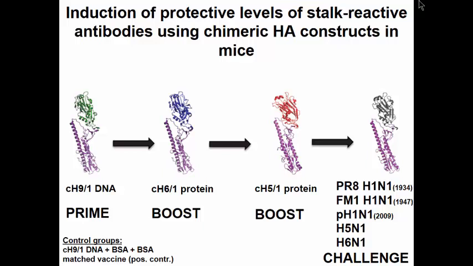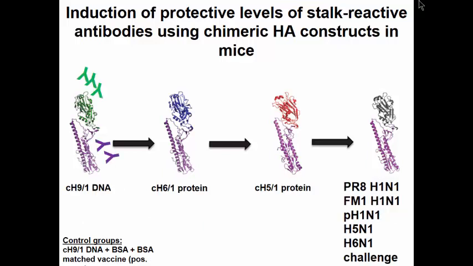So what we are trying to do is now we have here CH6 and CH5, but we can use any other, H18, etc., in terms of making these chimeric structures. In the mouse, we have to use protein, not to get confused with what the NP might do, etc. So in this case, we are just giving the DNA expressing the H9/1, chimeric hemagglutinin 9, and the stalk of 2017, and then we boost with proteins, and then we look at what happens.